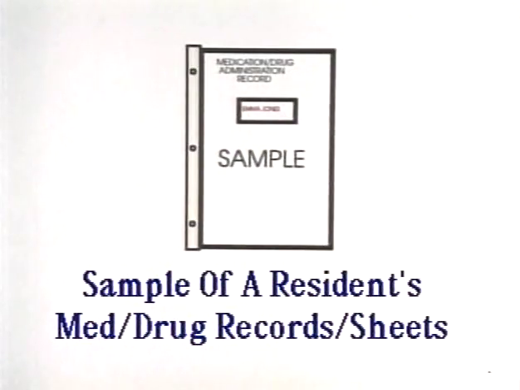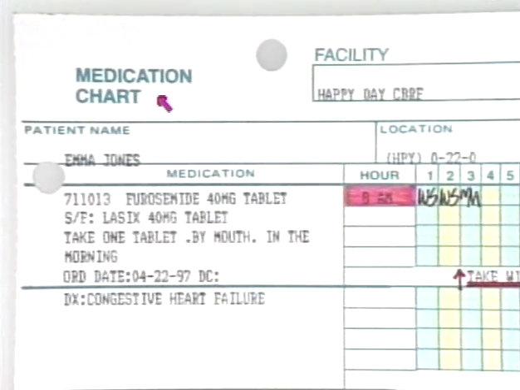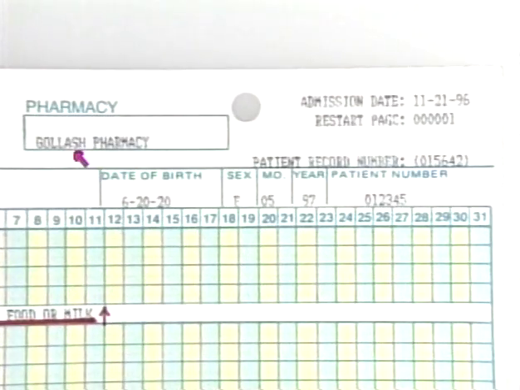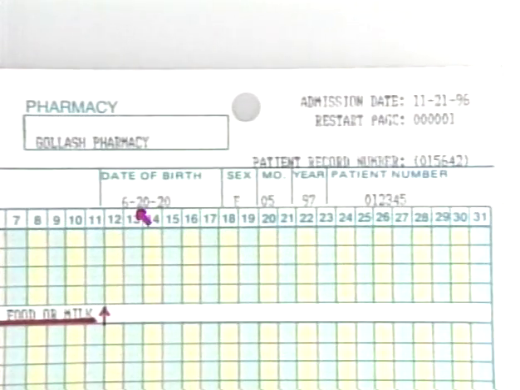Here we have a sample of a resident's med record. And first of all, we have the name of the document. So we know that this is a medication chart, which is what I call a medication administration record. We have the name of the facility. In this case, it's Happy Days CBRF. We have the name and telephone number of the dispensing pharmacy. This is Galash Pharmacy. We have the resident's admission date. We have the resident's name, which is Emma Jones,